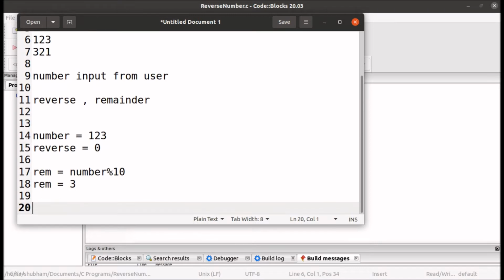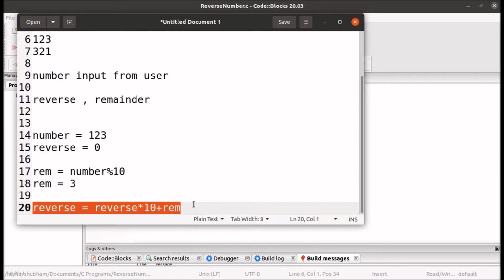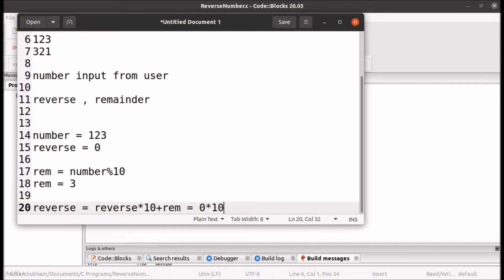Now we will reverse the number using reverse times 10 plus rem. This is the formula we will be using. So reverse is equal to 0 times 10 plus 3. 0 times 10 is 0, plus 3, so it will become 3.